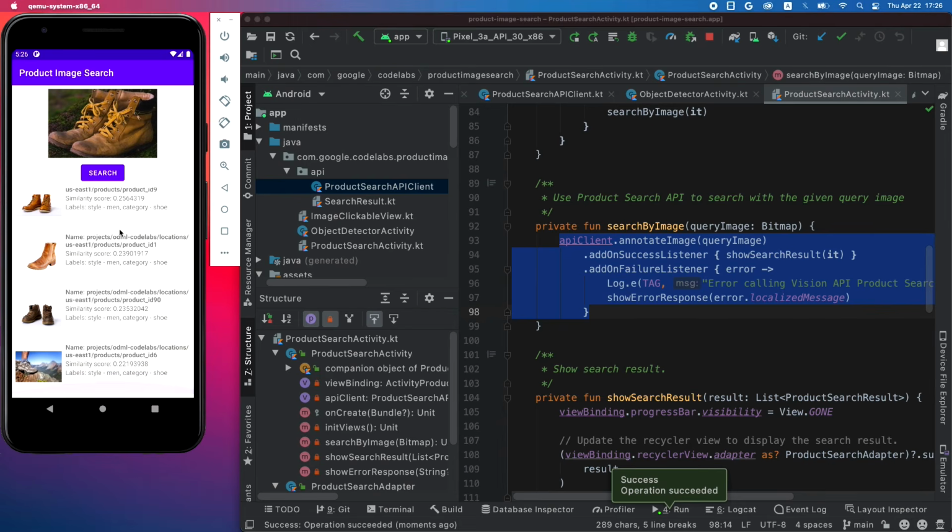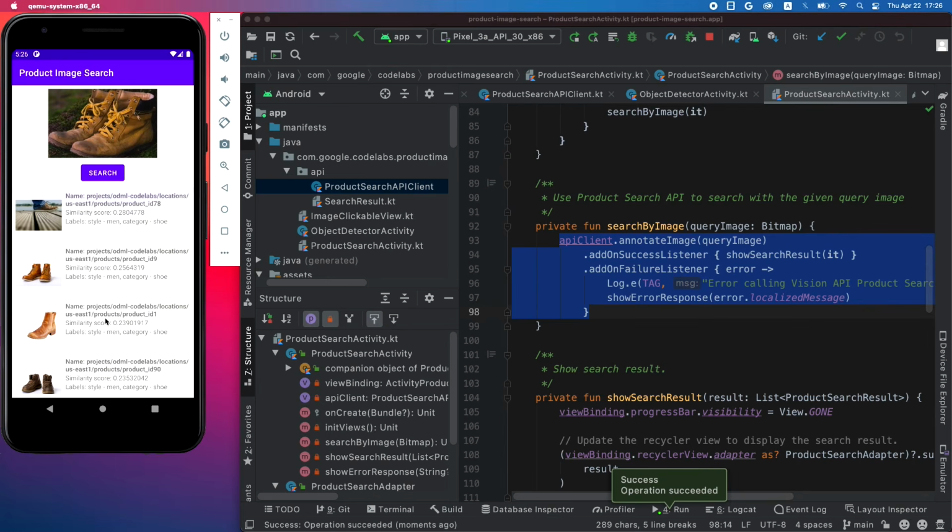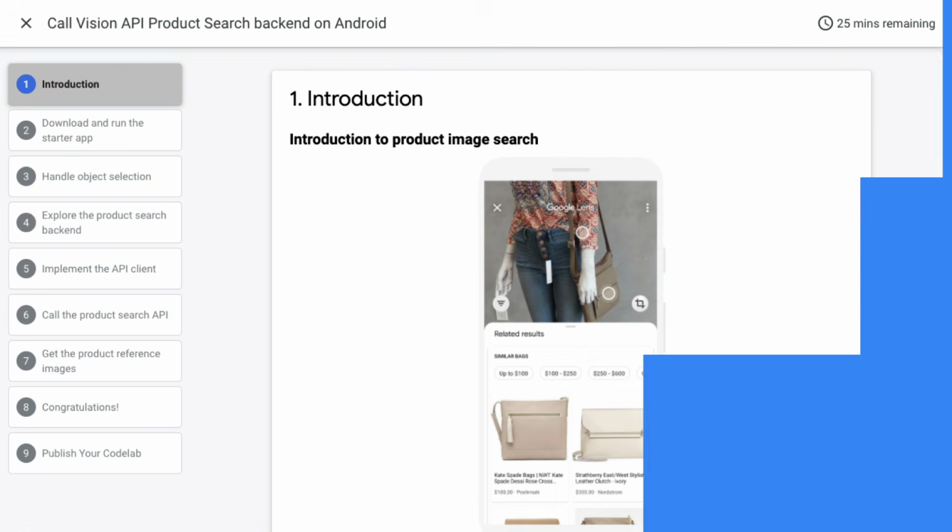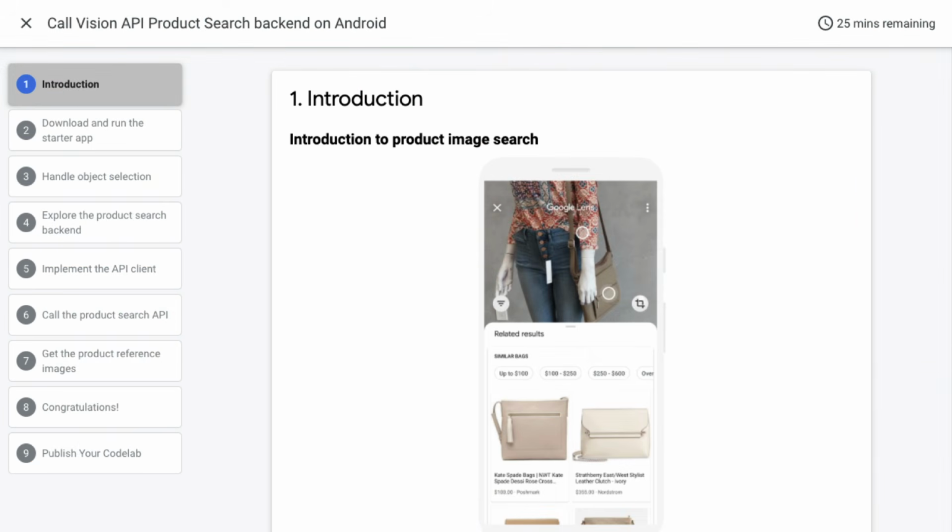One thing to keep in mind is that our demo product search catalog only has about 100 products, so the backend can only try to find similar images in those 100 products. If your query image doesn't look like any of the items in the product catalog, you won't get a reasonable result. But you can try building your own product search backend using your own product catalog and see how good the result can become. Finally, if you want to try out the code that I have just walked you through,